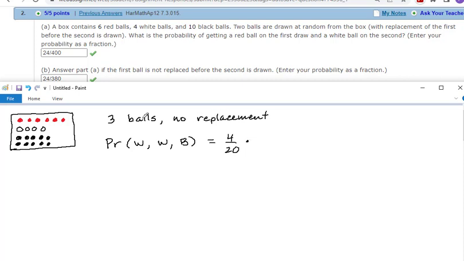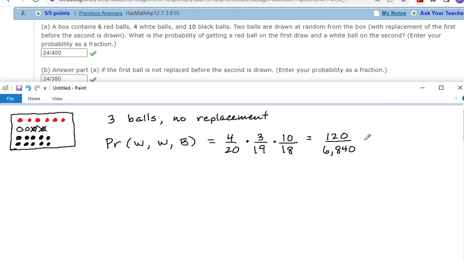Now if there's no replacement, then my sample space changes after that first outcome. Now the probability of the next ball being white is 3 white balls that remain out of 19 balls that remain in the box. Now I've chosen another white. Probability of black, there's 10 blacks out of 18 that remain. So multiplying this all together is 120 out of